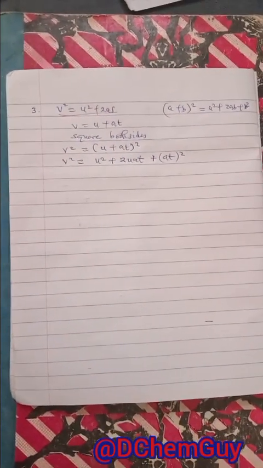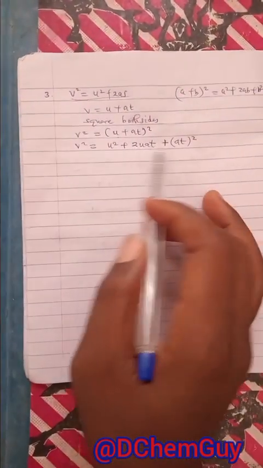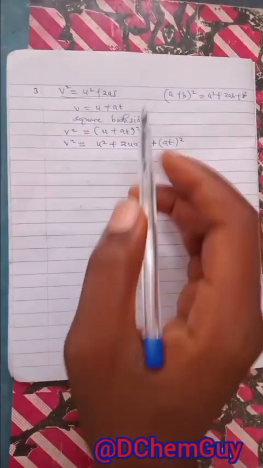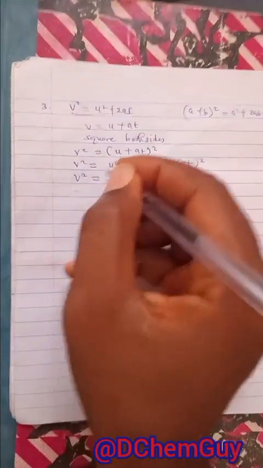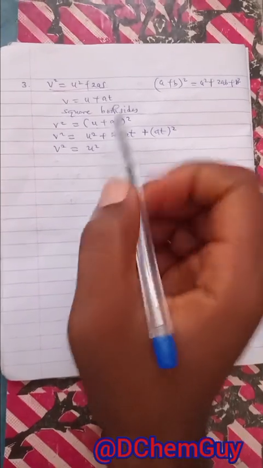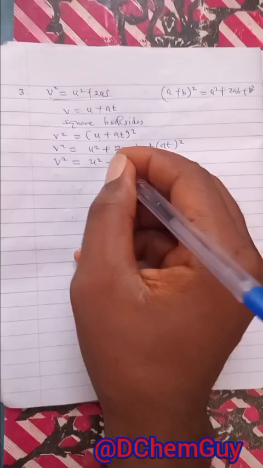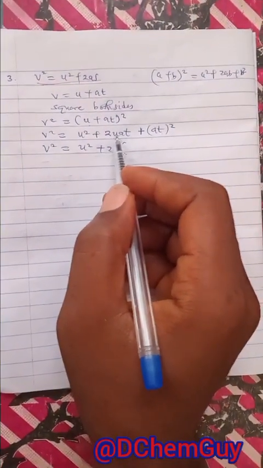Now, what we want to do is introduce s, that's distance, in this equation, so that we get this. So we write v squared equals u squared. We are going to factorize 2a from these two terms. So plus 2a into bracket. You factorize 2a, you'll be left with ut